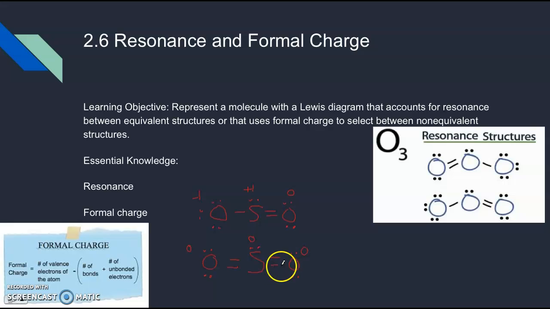So this structure, the bottom one right here, since it has all formal charges of 0, is the better of these 2 Lewis dot structures. So that's how you determine formal charges, and that's what they're used for, to determine which Lewis structure is the best